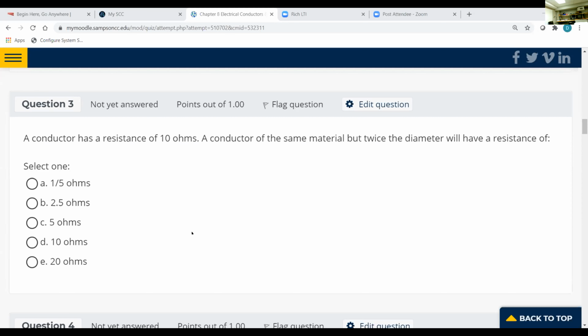Okay, now, to get the CSA, you square that. You square 10 mils, which equals what? It equals 100. 100 circular mils, 100 CM. Now, when we double this,